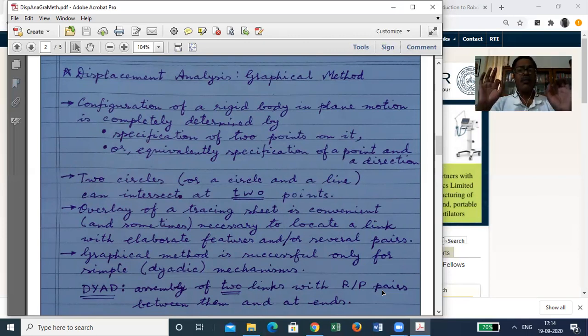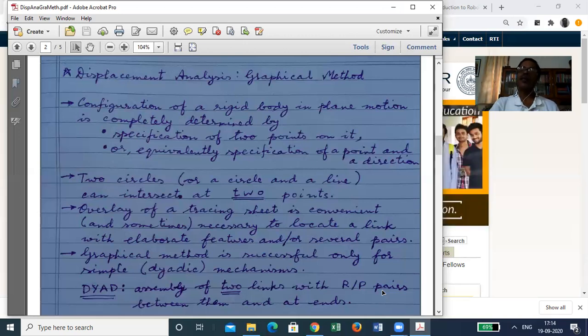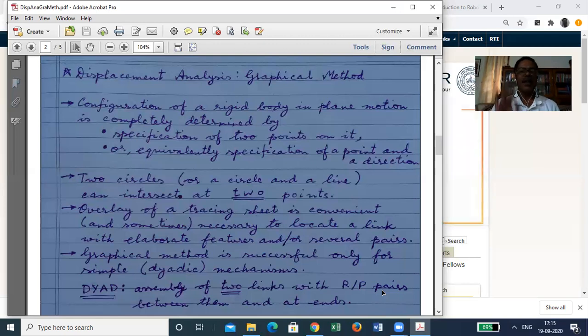If at every stage of the configuration determination problem, you have to assemble only that little thing, and through a sequence of such little things, one after the other, you can draw the entire configuration, if you can work out such a sequence, then it is a dyadic mechanism. Okay, and a dyadic mechanism is a simple mechanism, in which case graphical methods will succeed, and analytical methods will have a cakewalk. So that is the sense. We will see how it is.